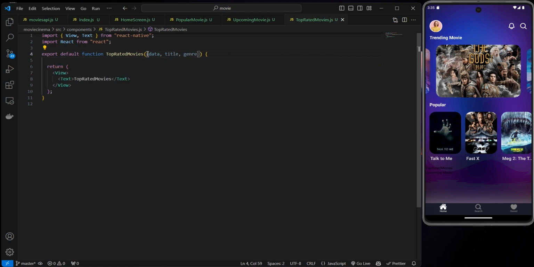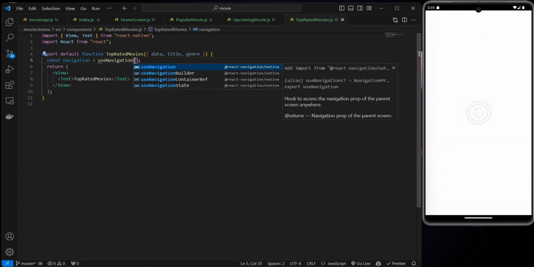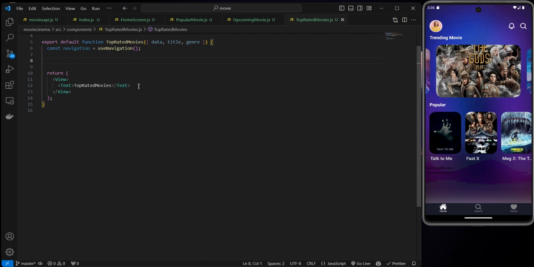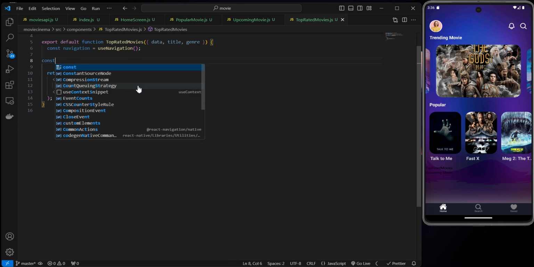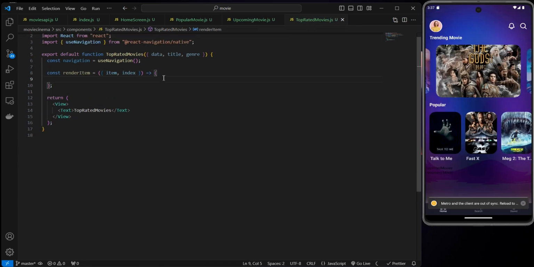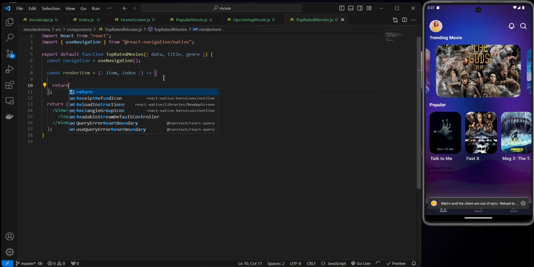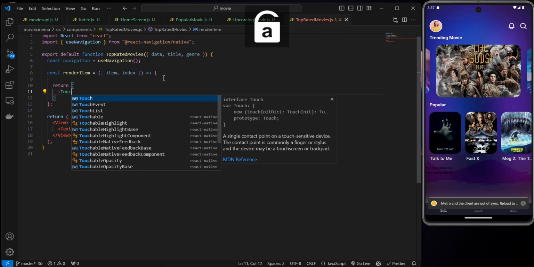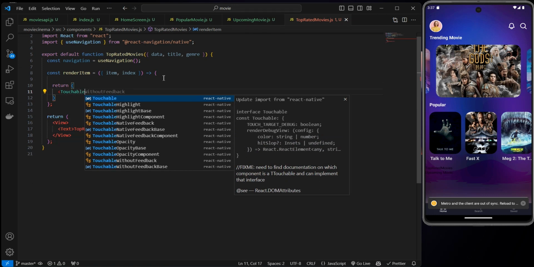We're going to use our genre here, and here we're just going to say const navigation is going to be useNavigation, and we're going to import this from React Navigation Native. After this, we're going to create the same render item function that we created earlier, and this is going to look like this. Inside of this, we're going to return something, and in the return statement, we're going to say it as a touchable